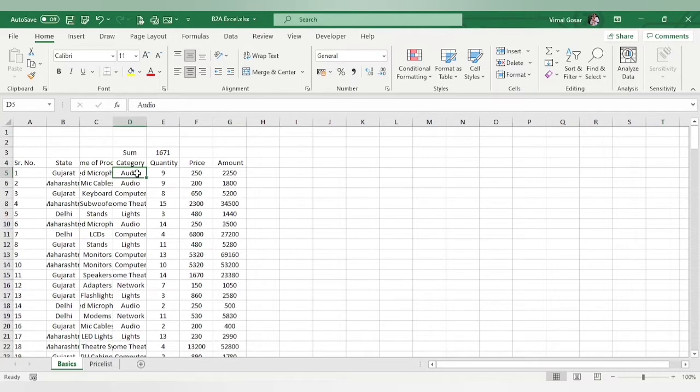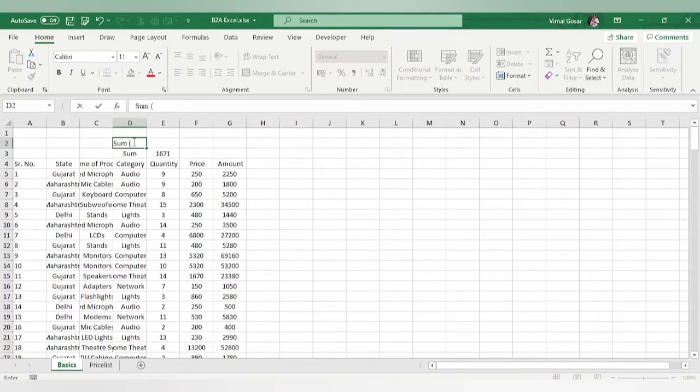If I want to find out the sum of all the products that were sold in the category of audio, I'll find out which particular cell is coming under audio and sum it up. Let us say equal to sum, then I will click on this, comma, then click on audio again, comma, then audio again, comma.